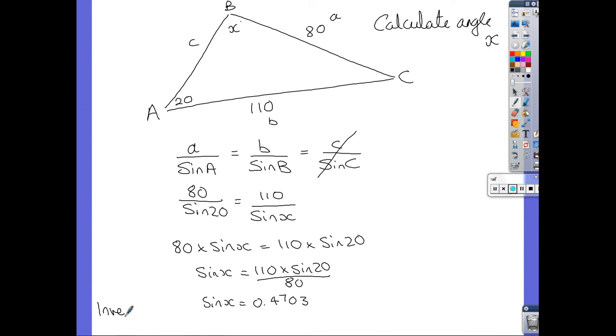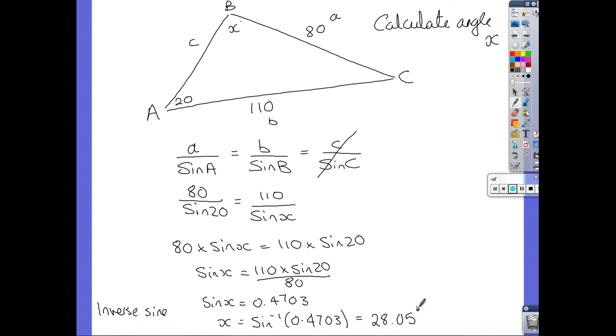So inverse sine. We've got x is equal to sine to the minus 1 of 0.4703, which works out as 28.05 degrees. Now you might be saying to yourself, how is this any different from the previous example that we looked at? Well, if we look at the graph, our formula is telling us that the angle is 28 degrees,